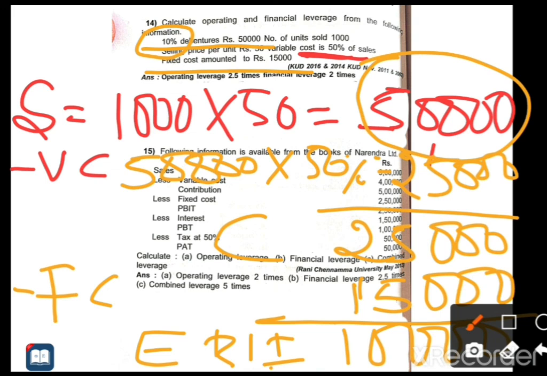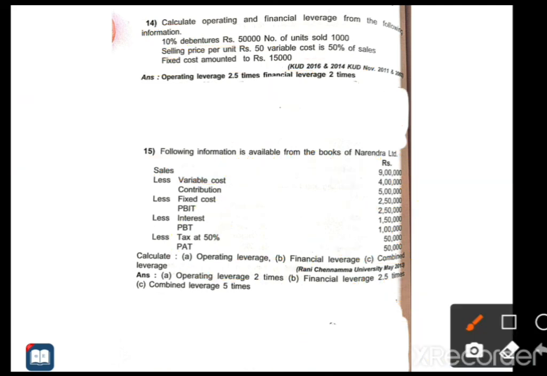Now you have to work it out systematically and make a working note. Right now I don't have proper space, so I will write a shortcut, but you write it fully and in detail, as a proper working note. Write sales fully, variable cost fully, fixed cost fully, and contribution fully. Now that you have the information, you can calculate the operating leverage and the financial leverage.